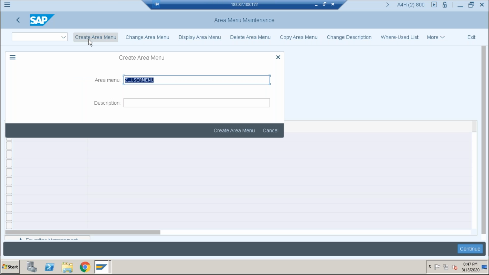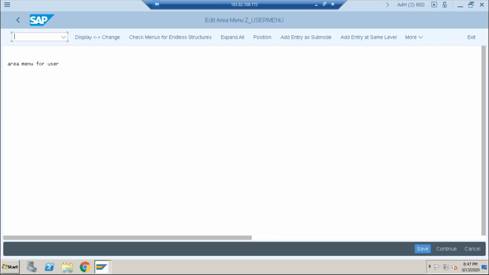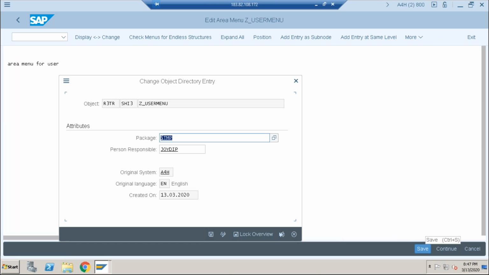Create area menu. Description: area menu for so and so, an individual user or can go for multiple. Save. Save it.